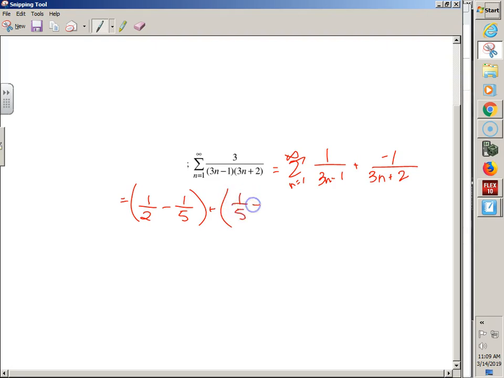Oh, that's going to happen pretty quick. Minus 1/8. If I plug in 3, oh, this happens super quick. Minus 1/11. Then if we keep going, 1 over 3n minus 1. Remember telescoping, telescoping, we go to the nth term